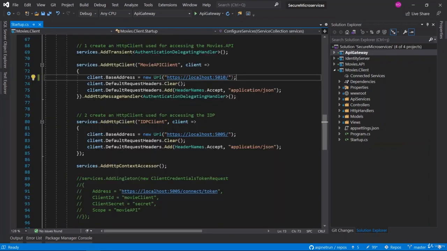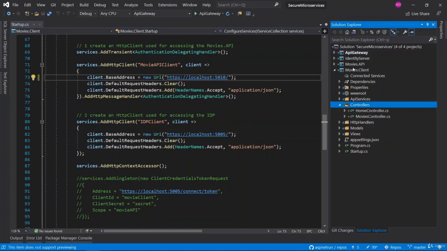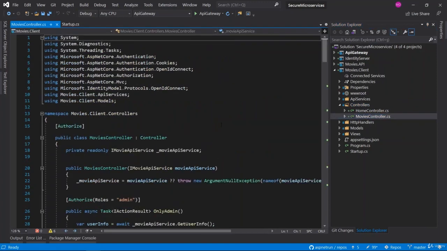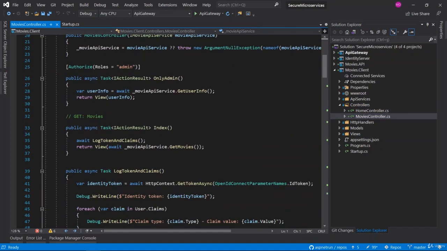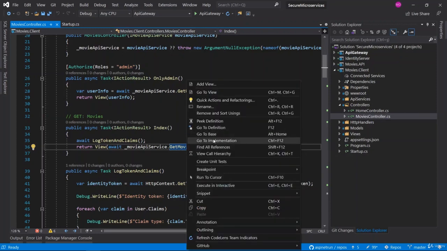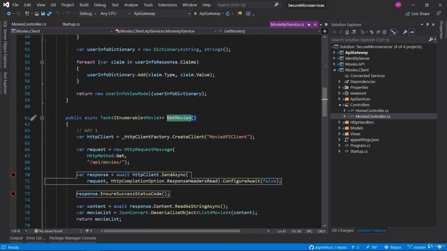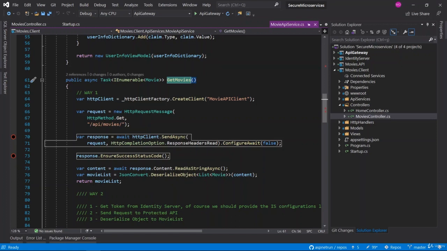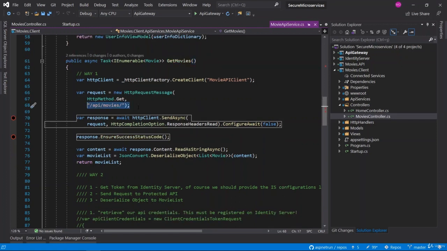All of these are HTTPS, and after that we can change the request path to the Ocelot one. Maybe you remember when we are consuming the get operation, let me open the movies controller, and we have GetMovies. We are using the movies API, and right click, go to implementation. When I implement this method, I'm preparing the request this way, right?